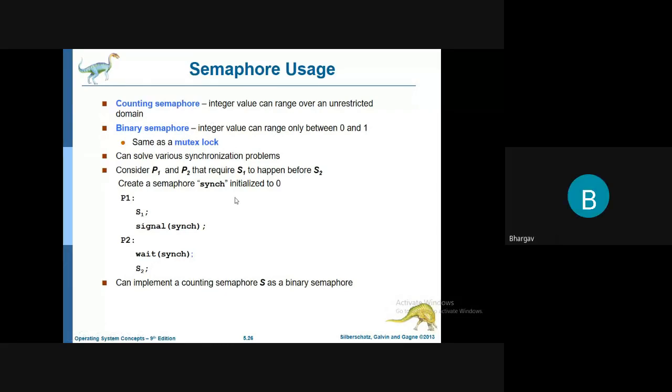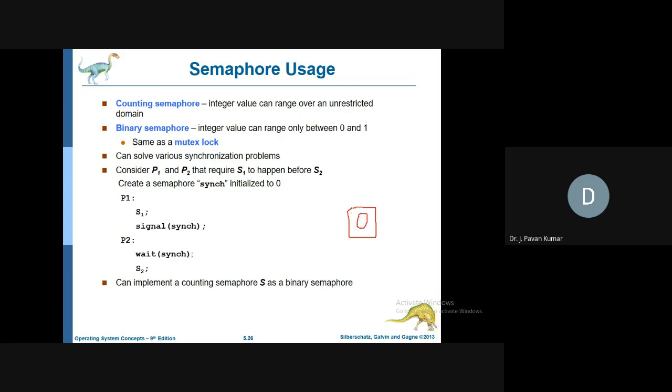Sir, when our semaphore values are greater than 1, we'll be using a counting semaphore. Yes, but can you give an example, like an application where we can use this? It is like we'll be having a critical section where we will be performing some sensitive operations on a shared data item.